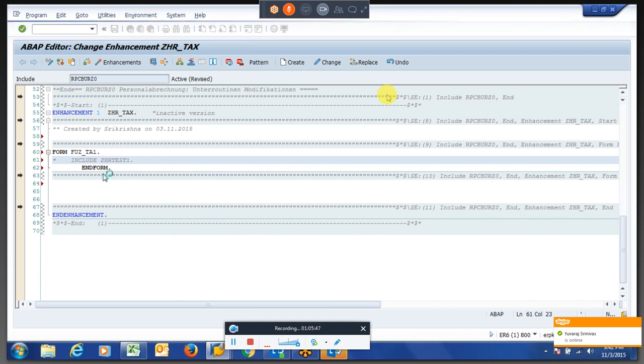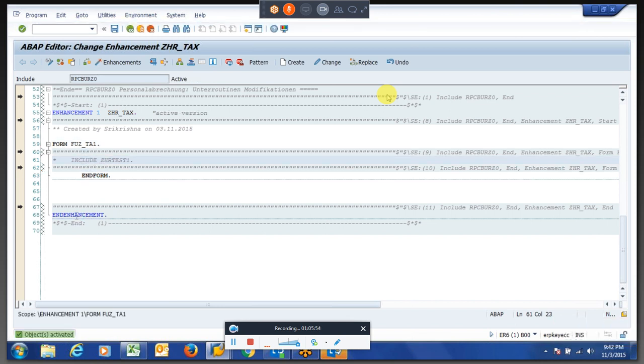So first we have to activate the enhancement which we created. So this is the enhancement part we created.